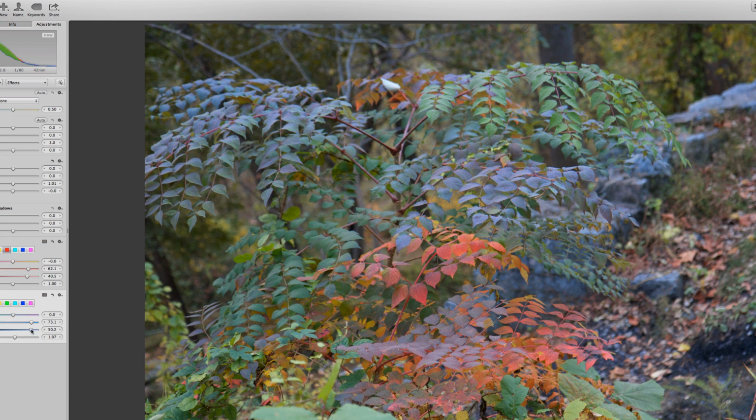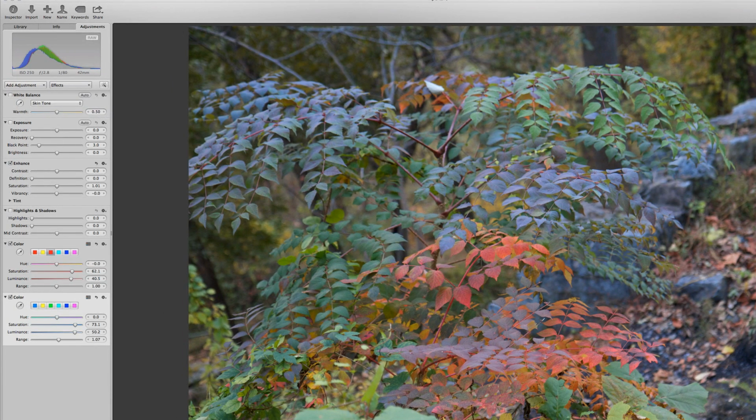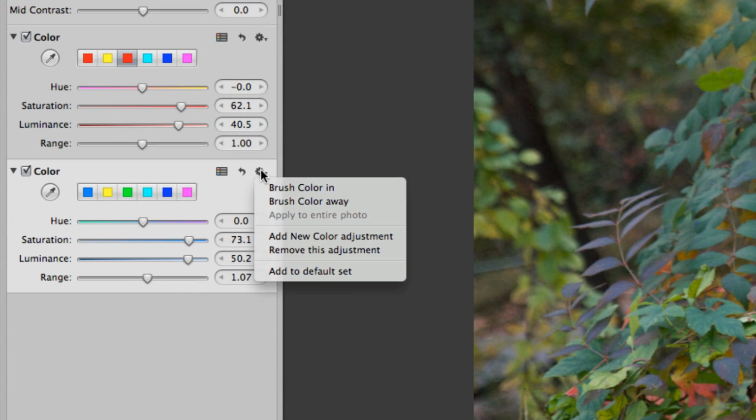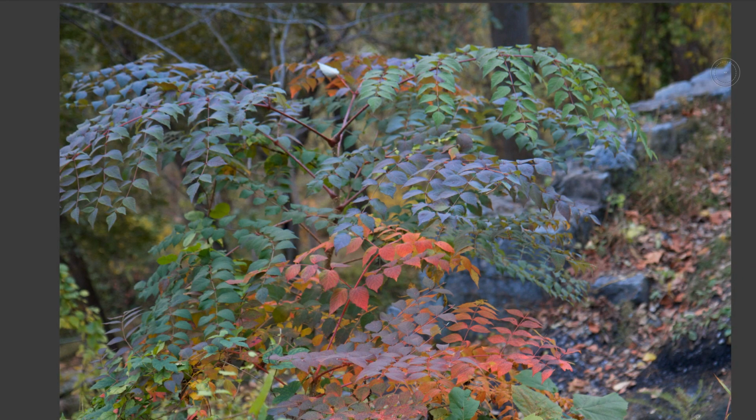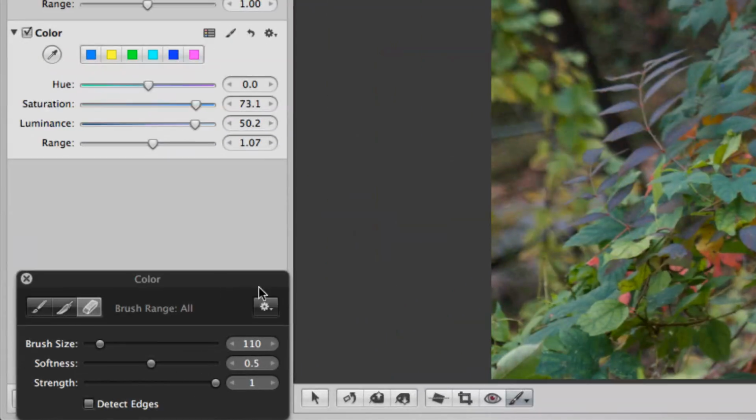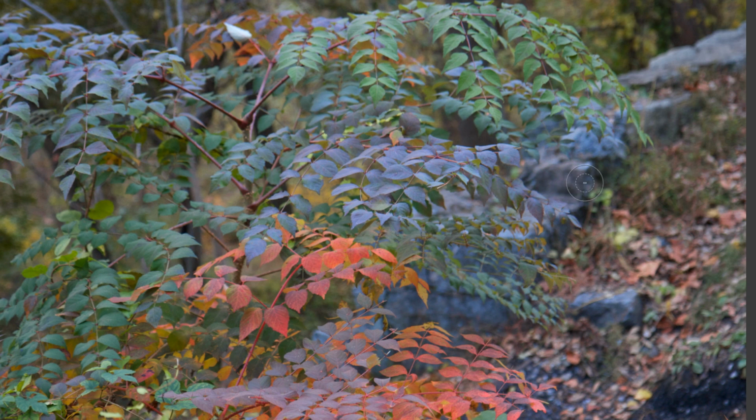So let's set our colors the way we like. So this is now a lot more vibrant. Now what we can do is click this again, not right click, and now we can brush color away. So now I can actually brush away the color that I don't want. And you want to use a relatively soft brush for this, okay, so that you don't get things that you don't want. And so now we can actually brush away these rocks on that layer that we didn't want